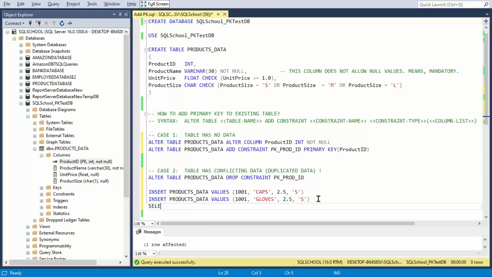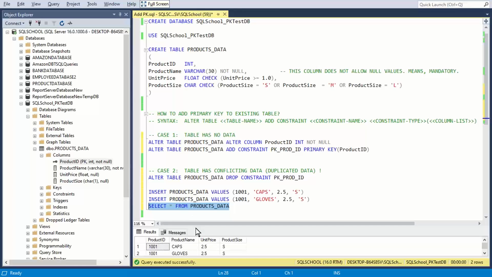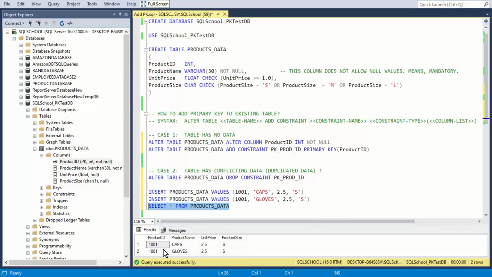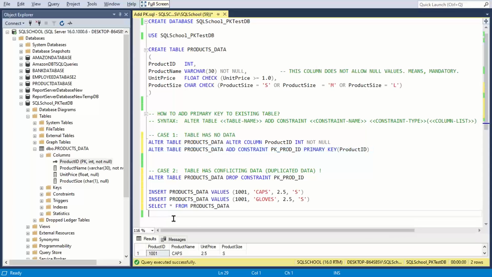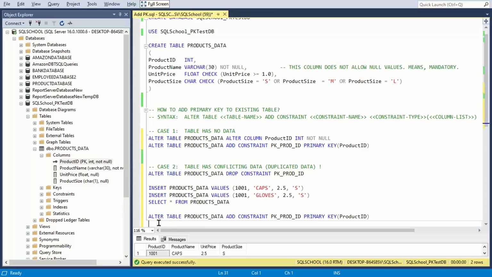Okay, now the table has duplicate data. The table has duplicate IDs, so we cannot add a primary key directly. See there, try to add the primary key.